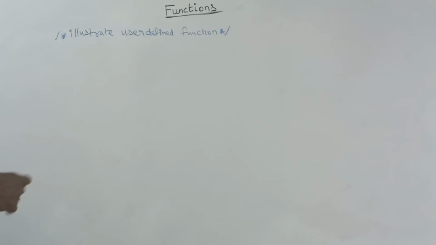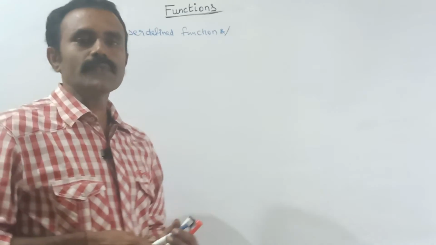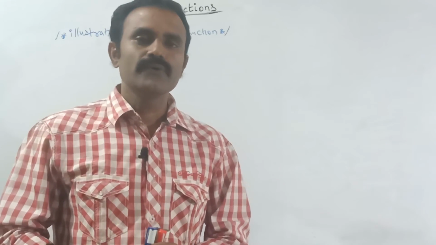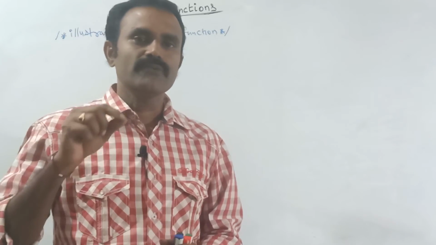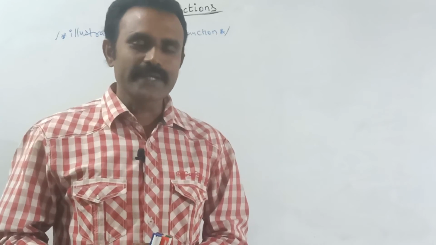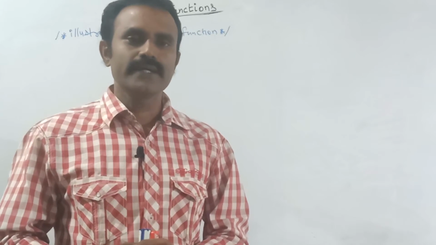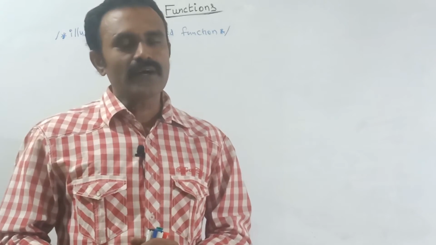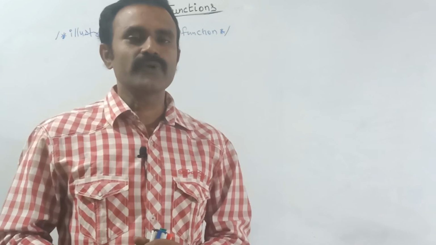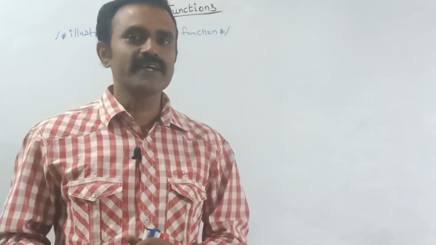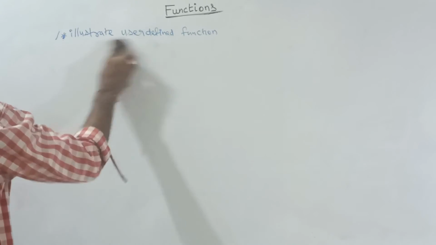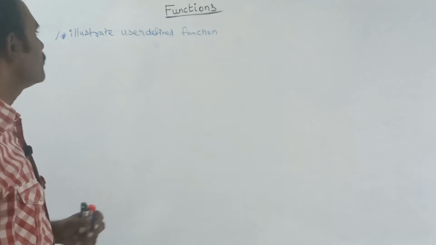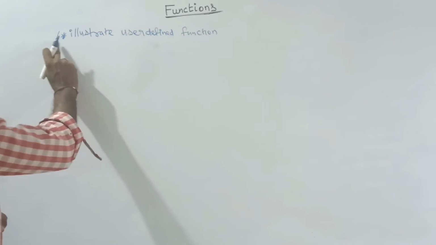Now let us see another example. Suppose we want to find the volume of a sphere, by the help of the function, that is without argument with return value, we are going to find the volume of a sphere. Here I am going to write multiple lines. See, for multiple comment lines we can write it like this also.